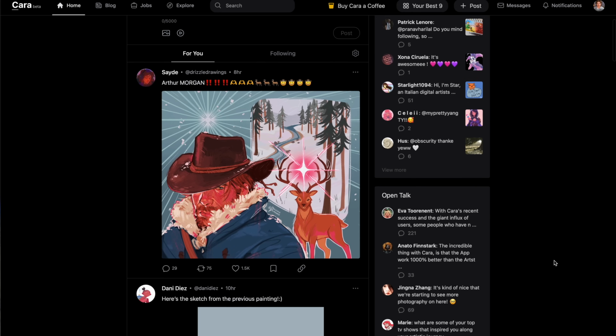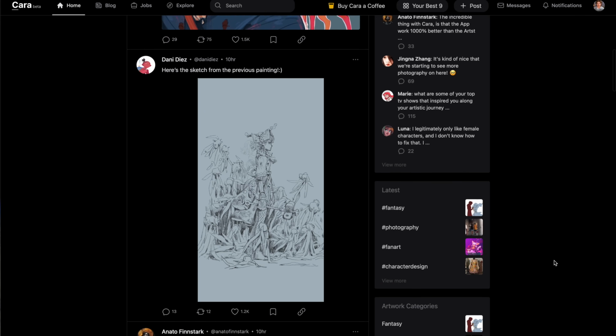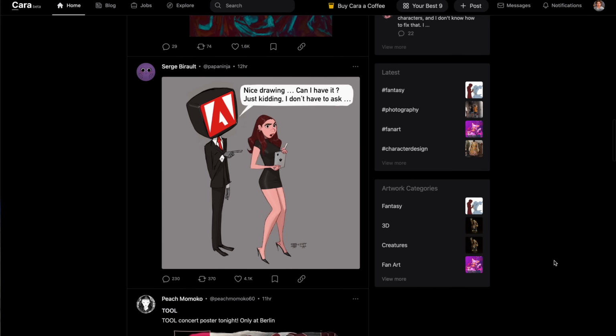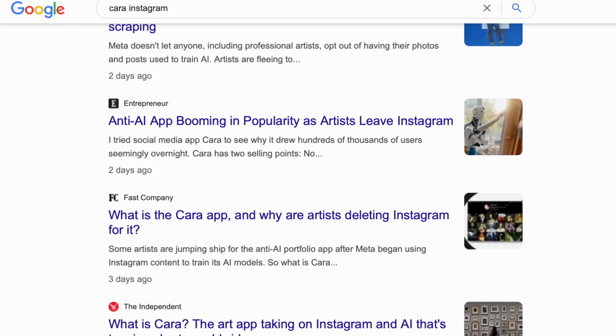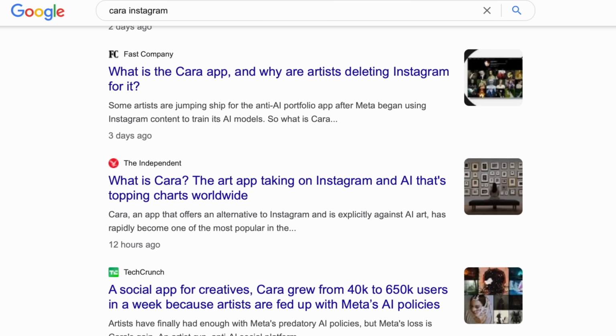These companies are asking for forgiveness, not permission, because it's totally worth it to them. Your content, your images, even if you've posted them on Instagram or Facebook, have already been scraped for use in training AI models. In fact, just this past week, a new alternative for Instagram called Cara came out. This is an anti-AI app where people can post their content and be safe from AI training. Users of Cara jumped from 50,000 to 650,000 in less than a week.